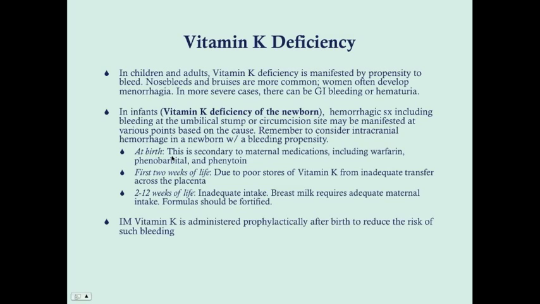At birth, they can have bleeding due to maternal medications that interfere with vitamin K, so that could be something like warfarin or phenobarbital or Dilantin. Then in the first 2 weeks of life, they can have bleeding due to poor stores of vitamin K, either due to inadequate transfer across the placenta, if mom didn't have a whole lot of vitamin K while she was pregnant, or